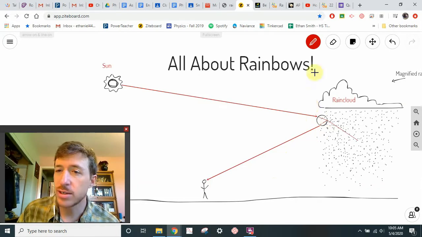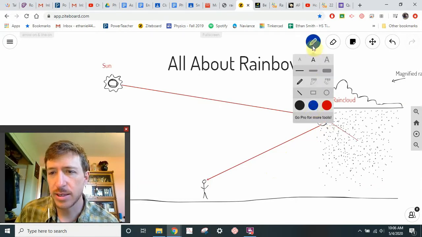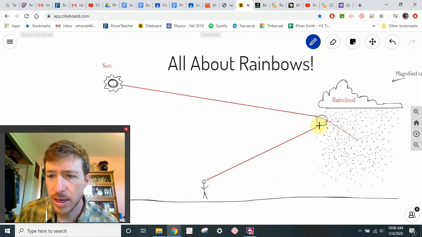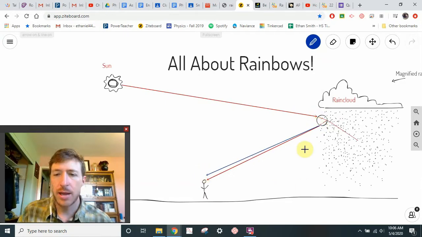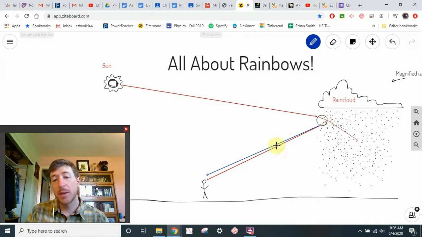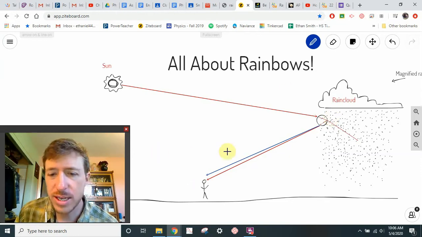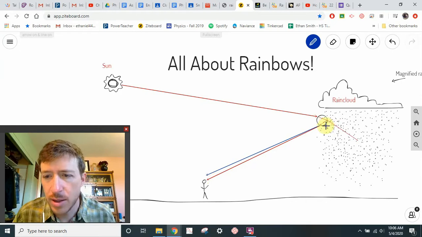Now, as we mentioned, blue wavelengths of light, and purple, refract a little bit more. So if I had a blue wavelength coming from the same raindrop, notice it would be hitting above my head. I wouldn't actually be seeing it. So in order to see this blue wavelength, I actually need another